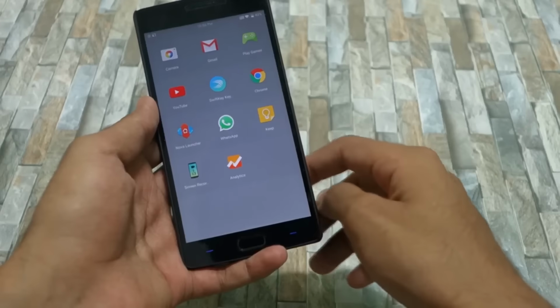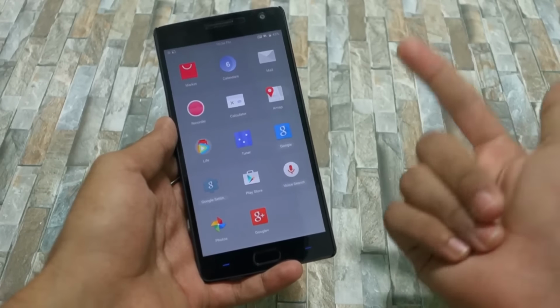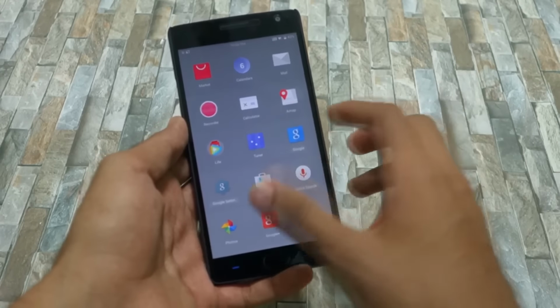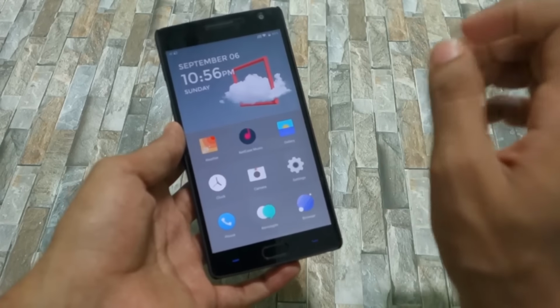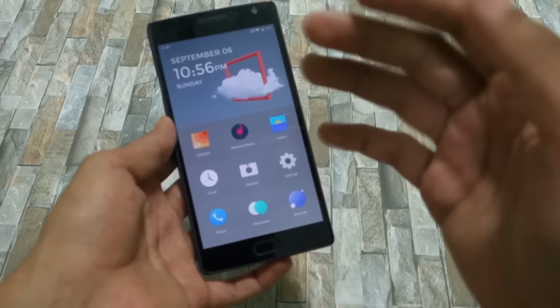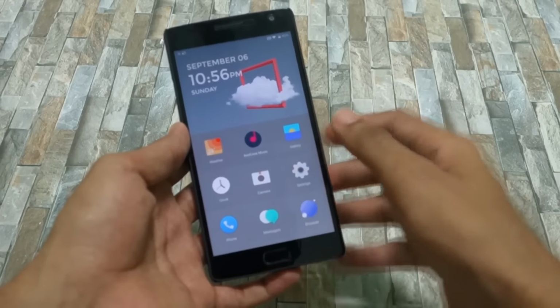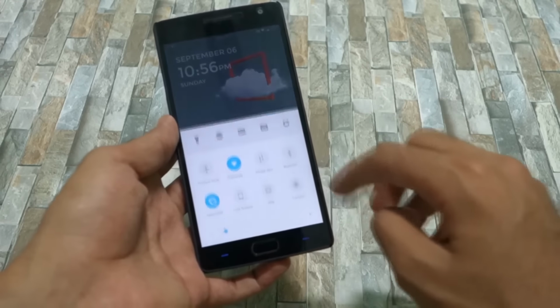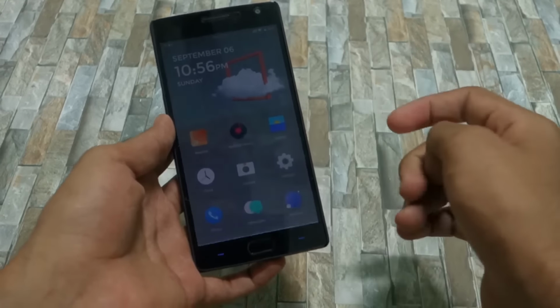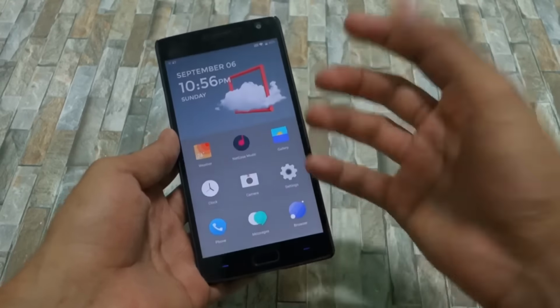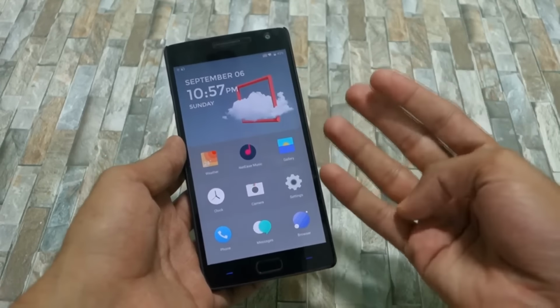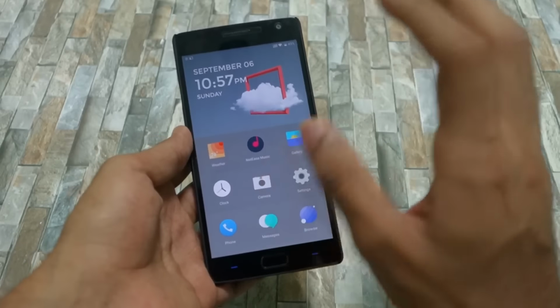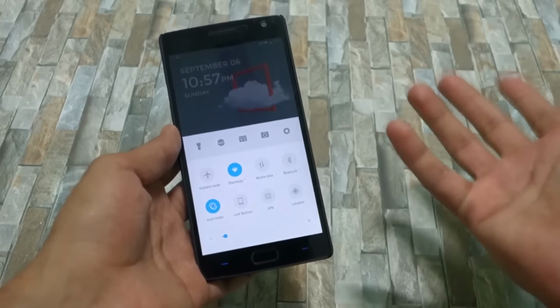the multitasking tray. And if I had to choose between Oxygen OS and Hydrogen OS, for performance I'll surely go with Hydrogen OS. The only problem with Hydrogen OS is that you will have to spend 2 days with the Hydrogen OS in order to get used to the OS, because the quick setting toggle being at the bottom is not a usual thing for AOSP users or CyanogenMod users. But I can surely say that after using it for 4 days, I got used to it, and for 90% of the time it works, so that's a good thing.